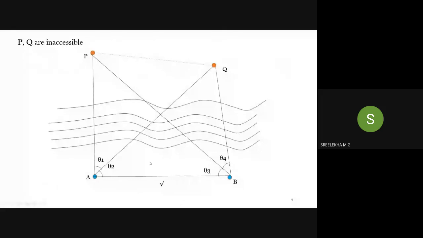So let me continue with the complete procedure, what we are doing here. After that, I can share the video to you. So from the instrument station at A, whatever be the observations, we have sighted using both faces, left face and right face. Shift the instrument to the point B. Take the instrument from A, shift to the point B.